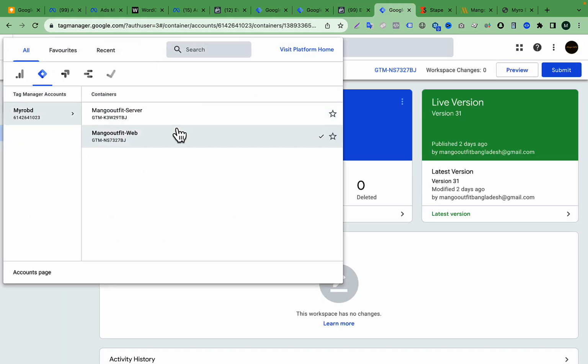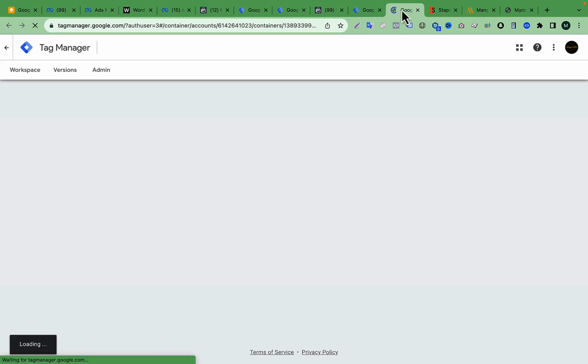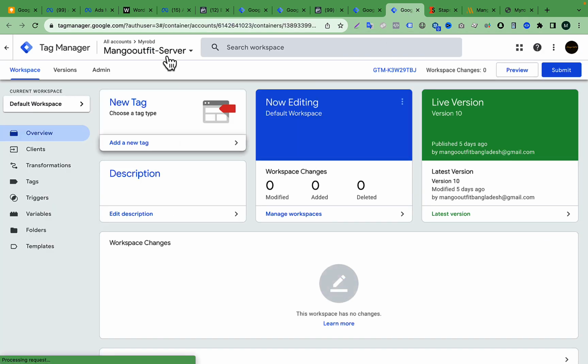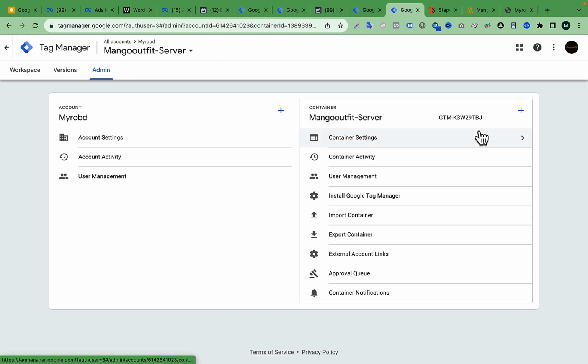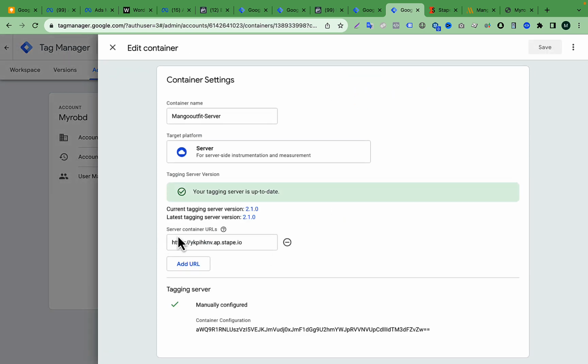this mango outfit server container, here you can see right now I am using the stape subdomain mango outfit server. And if we go to admin and click container settings, here you can see as a tagging server URL I am currently using the stape subdomain. That means